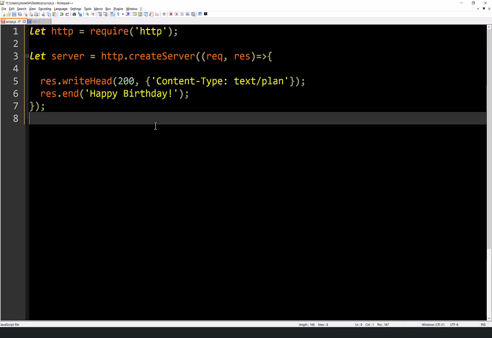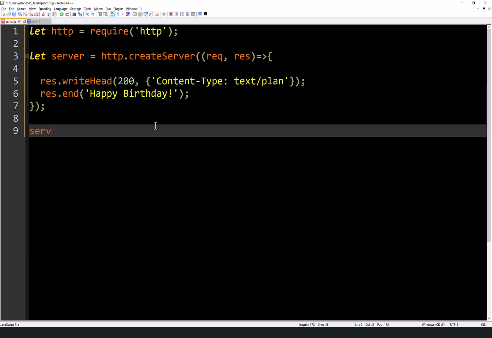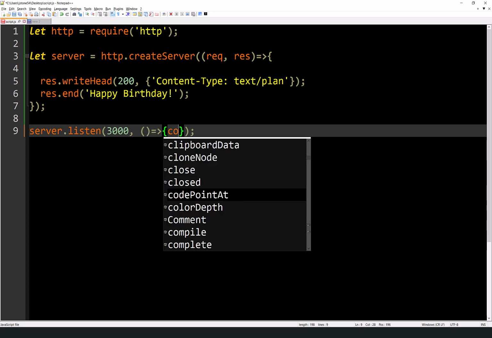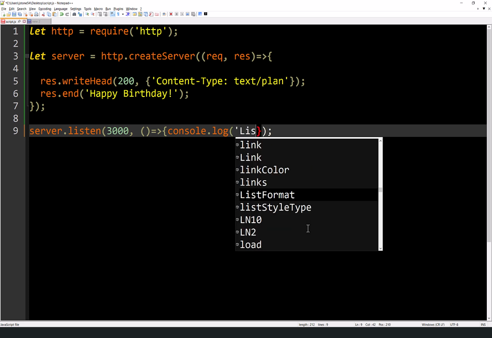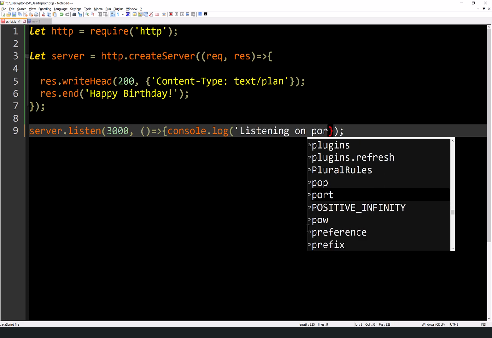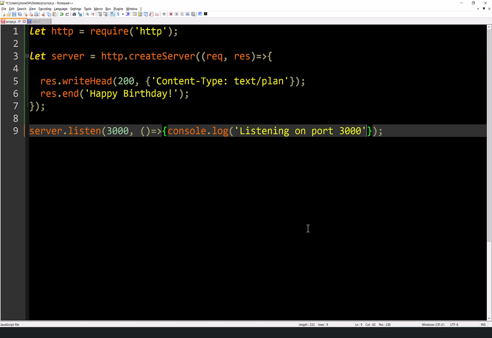And then the last thing is we have to actually turn the server on. So we do server.listen. Now, when we tell the server to listen, we need to tell it where to listen, what port. We're going to listen on port 3000. You can also have an optional parameter here, an anonymous function that just for now we're going to use, and we're going to have it console log a message that says something like, listening on port 3000, just to let us know that it's working, that we got to this part of the code. And that is it. So that's the code.